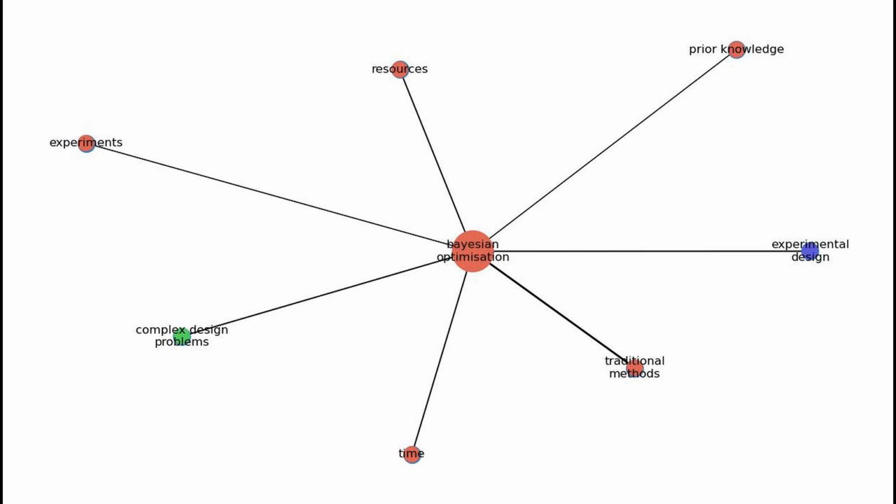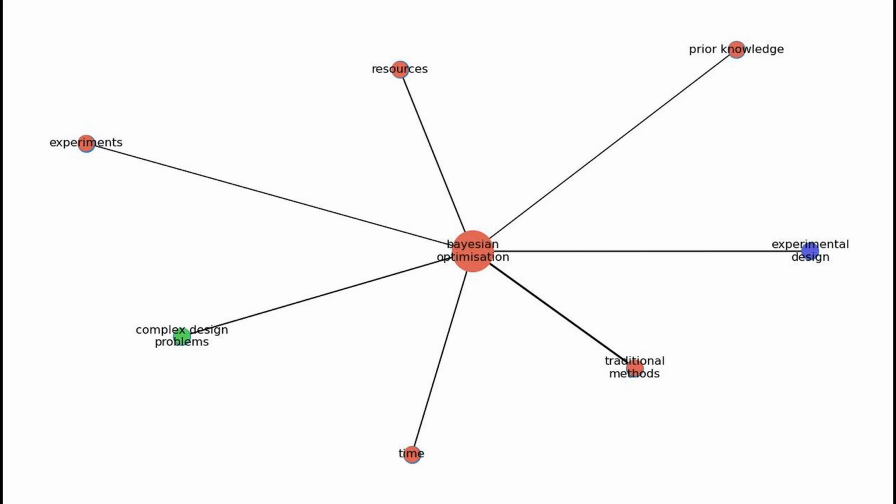In Bayesian optimization, this prior knowledge is used to create a model that helps predict where the best outcomes might be found. As the experiments progress and more data is collected, the model continuously updates itself, becoming smarter and more accurate. This is different from traditional methods that often treat each experiment as a fresh start without using what was learned before. By incorporating prior knowledge, Bayesian optimization enhances the experimental design by allowing for more informed decision-making about where